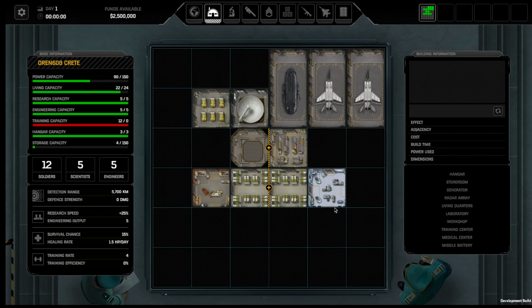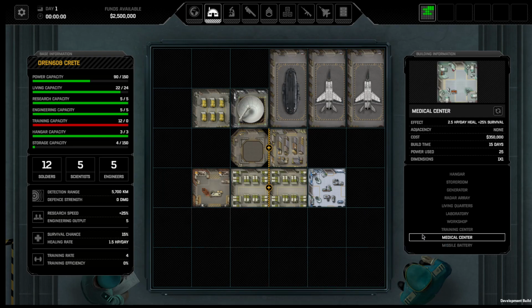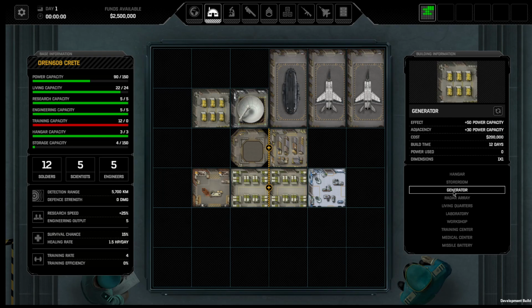of your base. So you do want this close to your hangars so that you can try and cut down any infiltration from the hangars. You will have to send soldiers out to the rest of your base to deal with other guys that can get in there. Generators